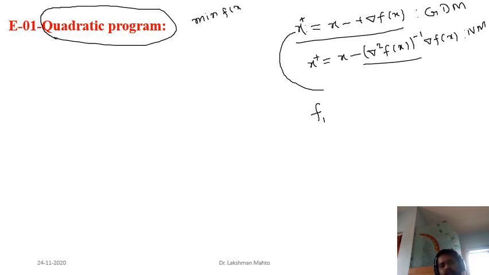So in the neighborhood of the current point x, we try to approximate the function in two ways. One approximation I am calling f1 cap. It is defined as f of x, the value of the function at the current point, plus